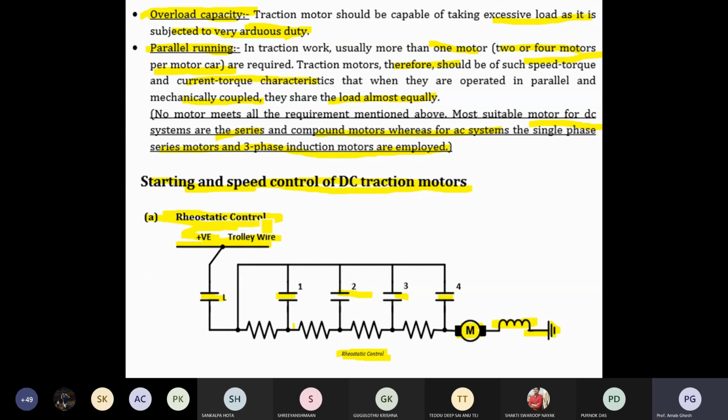Okay, so in case of rheostatic control, you can directly turn off the trolley wire. That means you first turn on the contactors, and now you can turn them off. You can observe that the additional or stored energy of the motor is dissipating through this rheostatic control path, through this resistance path. So that may cause energy loss, dissipation of the stored energy in the motor. You can also control the speed of the motor. If there is no supply, the motor gradually stops after dissipating all the energy. That is rheostatic control.